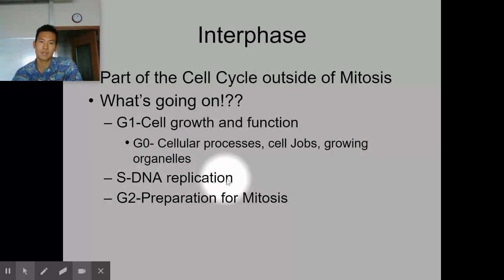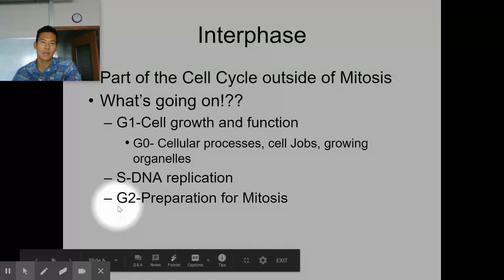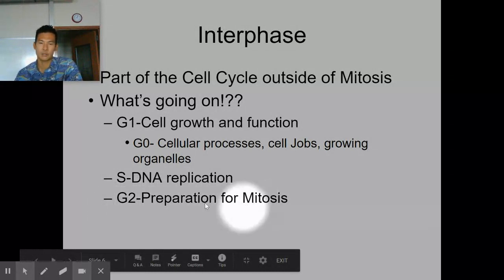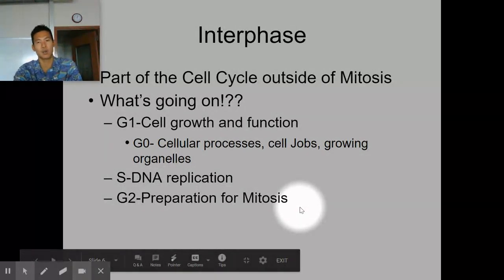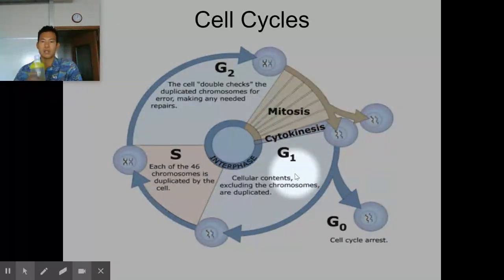All right, and then once S cycle is finished, it will move on to G2. G2 double checks everything, makes sure that all the DNA has been doubled and replicated. Okay, so G2 double checks. And of course it goes into the fourth cycle of a cell's life cycle, your M cycle or mitosis cycle. So interphase is the part of the cell's life cycle outside of the M mitosis cycle.